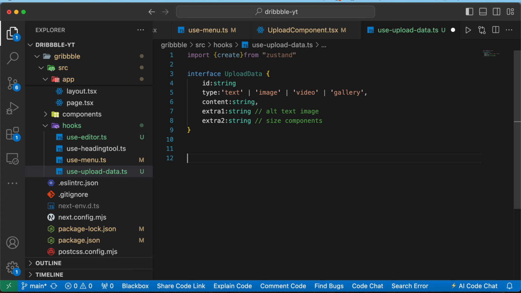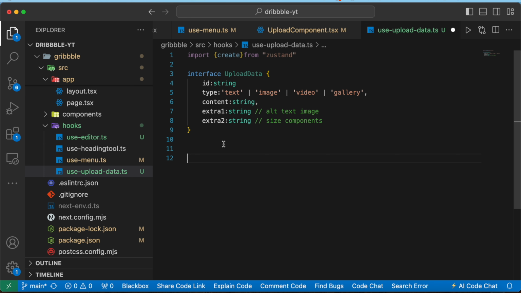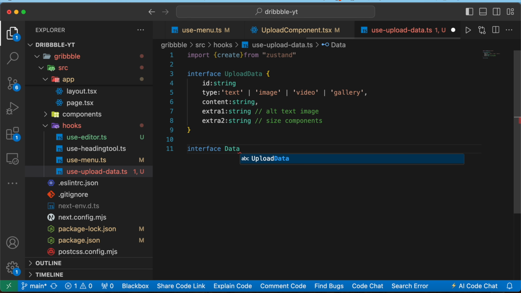I'm not going to define all the actions right now. I'm just going to define the add entry action, which is enough for now for working on the text component. Okay, so I'm just going to define that part. And then when we are done with all the components, then I'm going to define the other actions. Okay, so let's write interface data